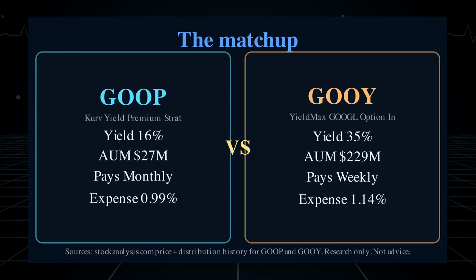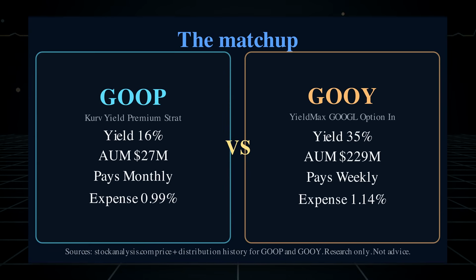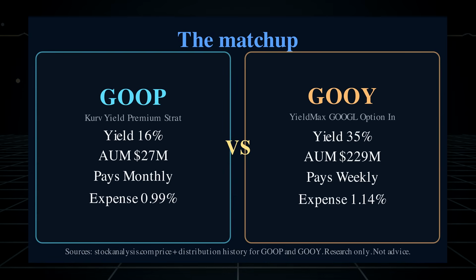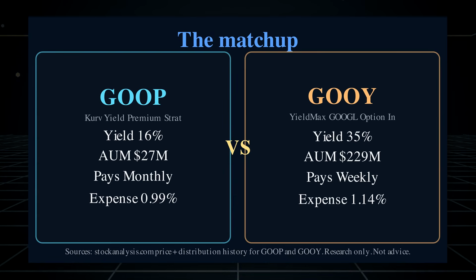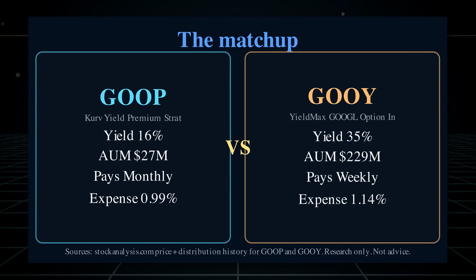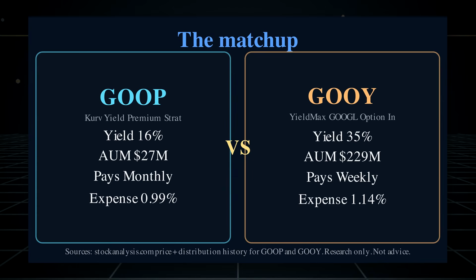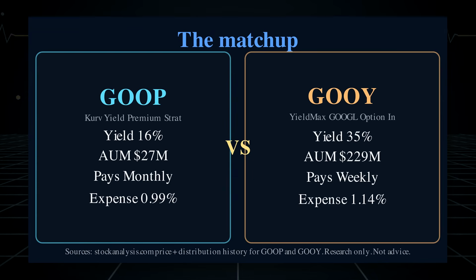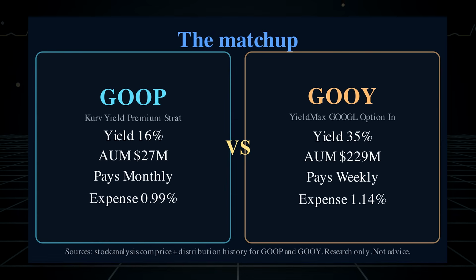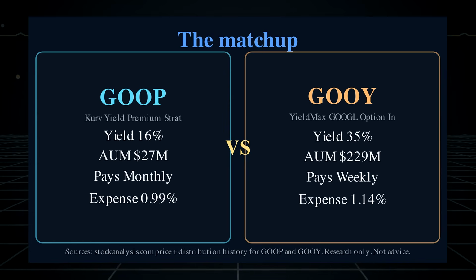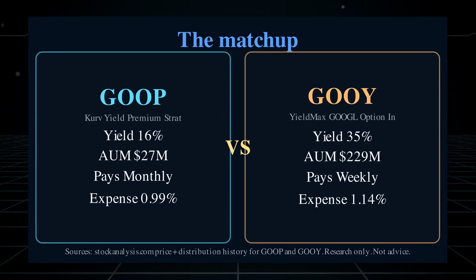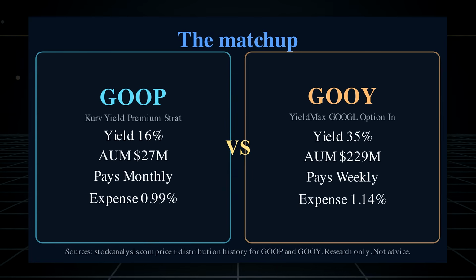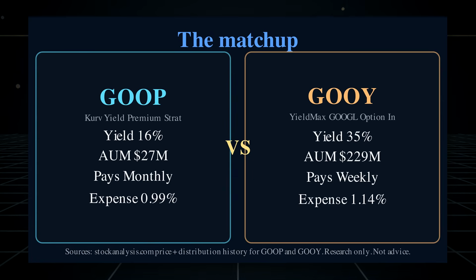writes for premium income. GOOY's chassis is therefore familiar: government paper, cash-related collateral, and an options overlay built around Alphabet's Google shares, ticker Google. It seeks synthetic exposure to the stock and sells calls against that economic exposure. Buyers of those calls pay premium. GOOY collects that premium and uses the strategy's available cash to support weekly distributions. The faster payment schedule changes when cash reaches the shareholder. It does not change where the cash must ultimately come from.